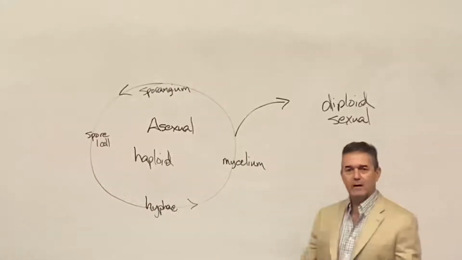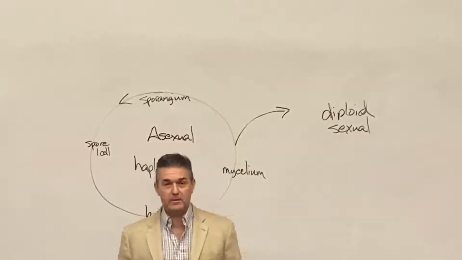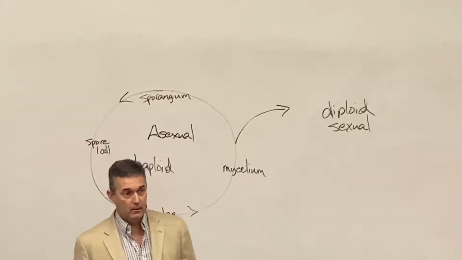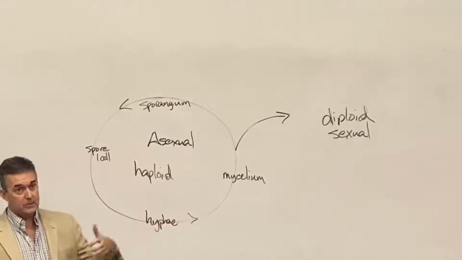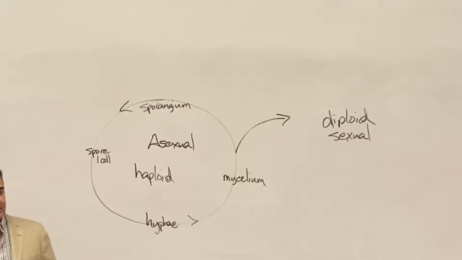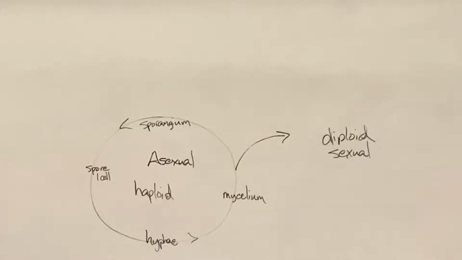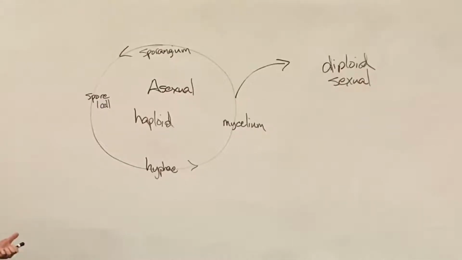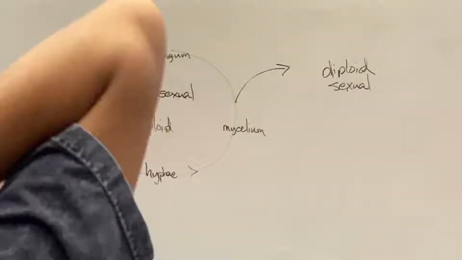So compare that with our life cycle. Our life cycle is like the reverse of this, where we're always diploid, except for this tiny period of time when we create gametes for sexual reproduction. Compare that to plants. Some plants are haploid for a lot of the time, and they create a temporary diploid state. Those are the non-vascular plants, the bryophytes, where the gametophyte structure is the main photosynthetic structure, and the sporophyte is just a tiny little stalk. And in other plants, the sporophyte is the dominant diploid state, and then there's the temporary haploid state. So this is one way to think about fungi in terms of their reproduction.